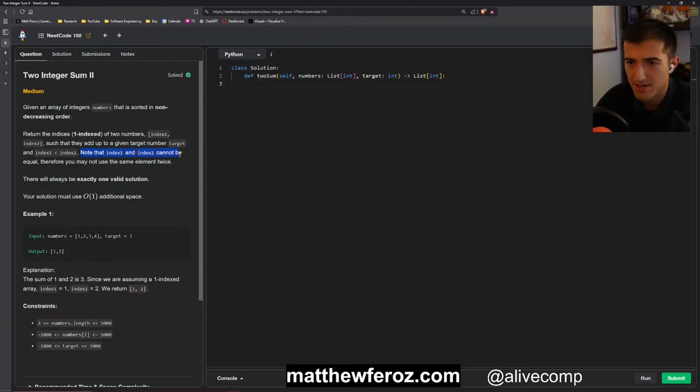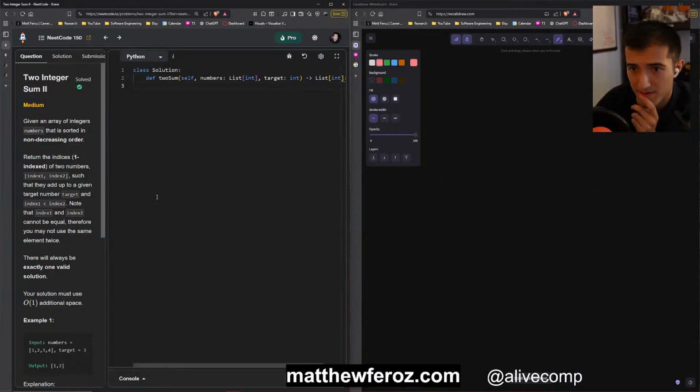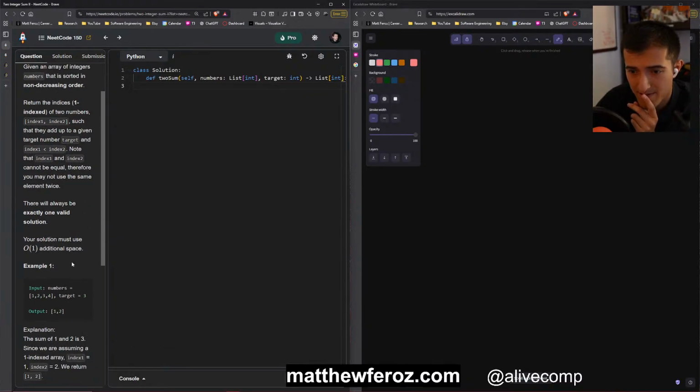Note that index 1 and index 2 cannot be equal, therefore you cannot use the same element twice. There will be exactly one valid solution. Your solution must use O(1) additional space. The sum of 1 and 2 is 3, so assuming a one-indexed array, we return 1 and 2. So this is two-sum, but it involves having to be O(1) space.